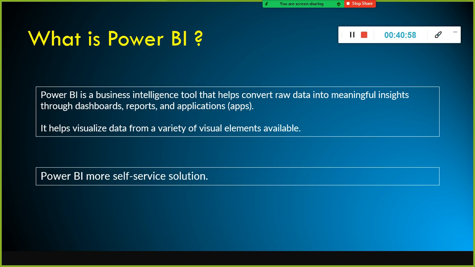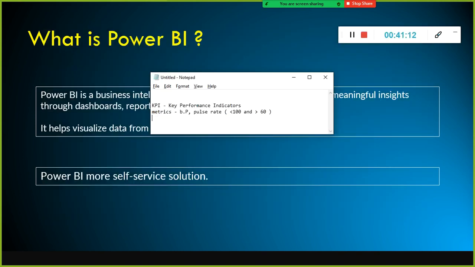Okay, to clean the data, or let's say if the data is raw data, to clean the data in the desired format, you need to perform some kind of ETL operation. ETL: E stands for extract the data, T stands for transform the data, and L stands for load the data.